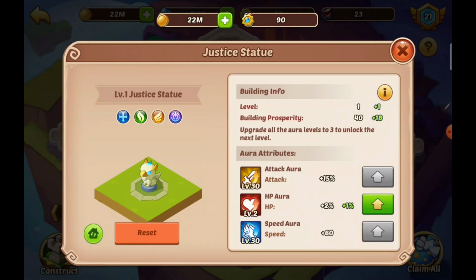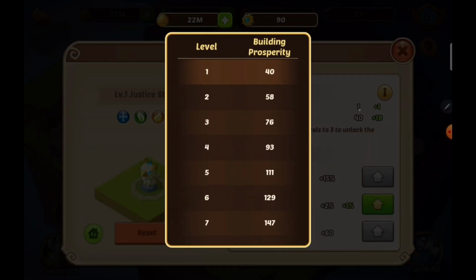These little statues, I mean, again, if your sole objective is to maximize the number of prosperity points, you're obviously then going to spread out amongst attack, HP, and speed. When you upgrade these buildings, you're going to spread it out rather than concentrate like I did on speed and then attack and then now HP. Because I think what happens is, if I look at the numbers,